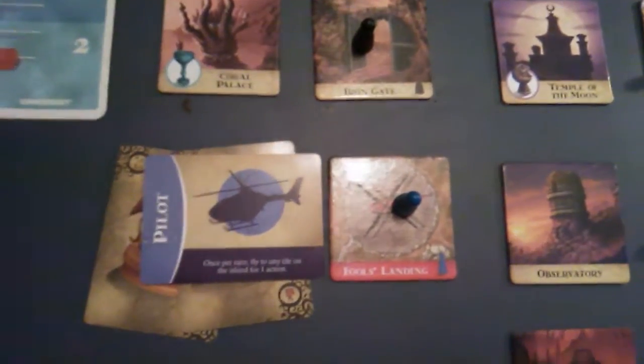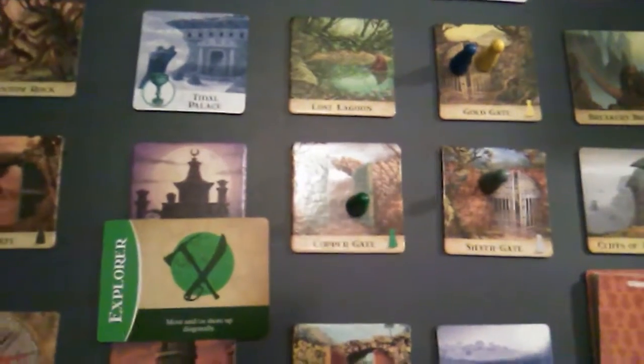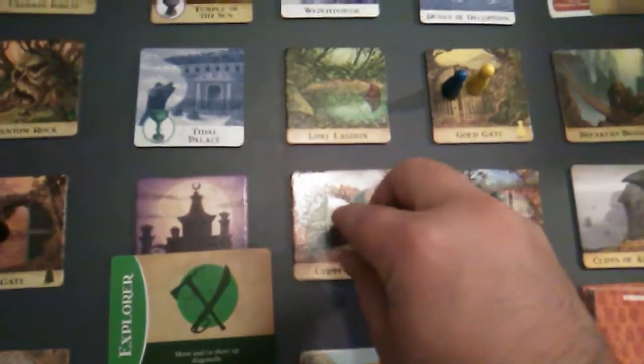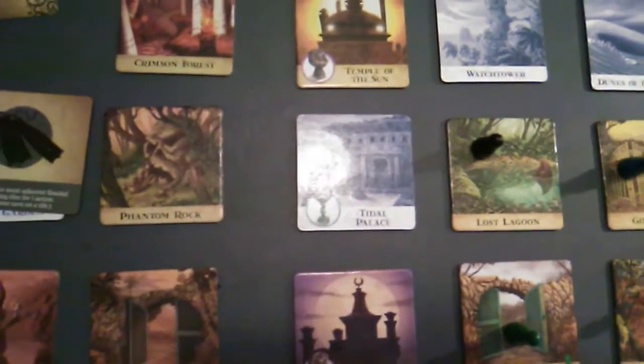The pilot, for 1 action, may fly from its tile to any tile on the board. The explorer can either move or soar up tiles diagonally. The diver can move through flooded or missing tiles for an action, as long as he ends his turn on